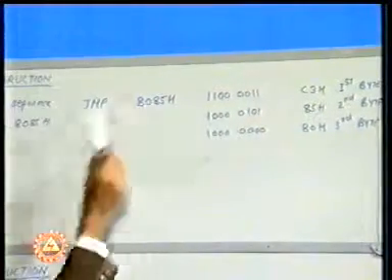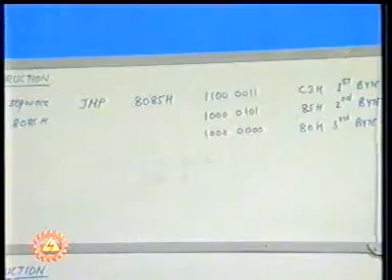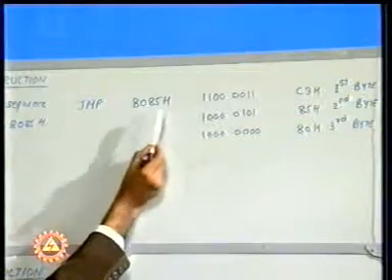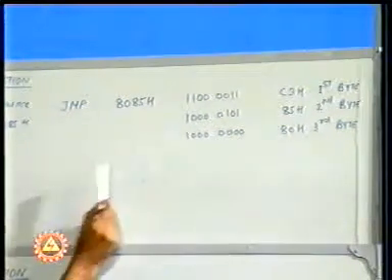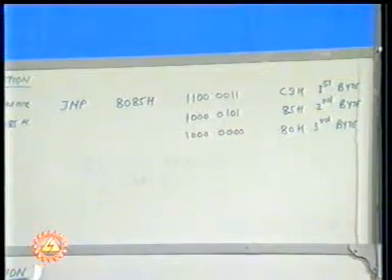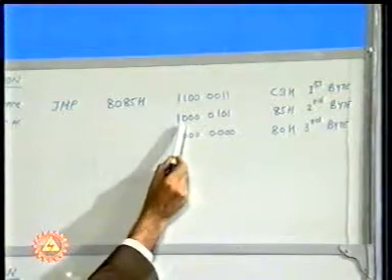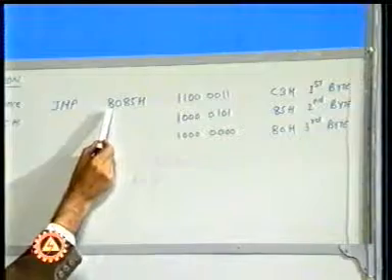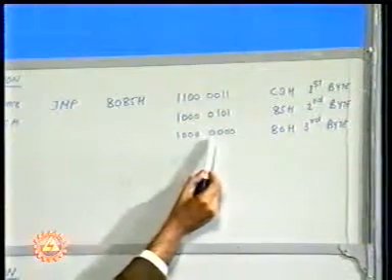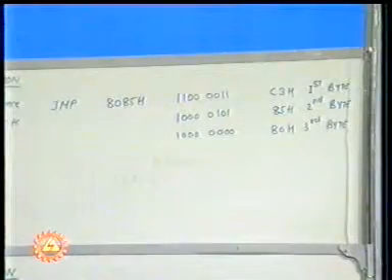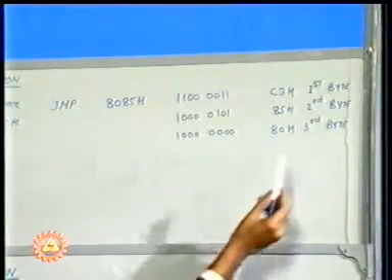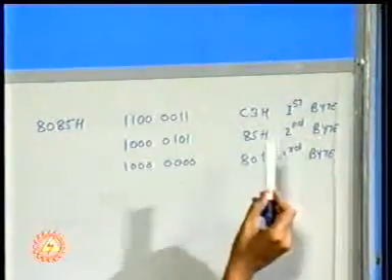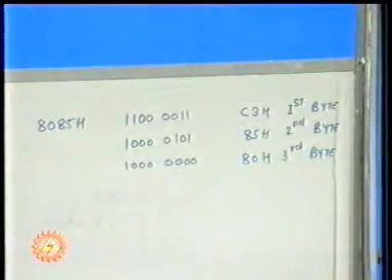Then we have the 16-bit address which needs to be specified here. One important thing to be remembered here is that the lower byte of the address is to be written in the second byte, and the upper byte of the address is to be written in the third byte. So corresponding to the lower byte, that is 85, we have got 10000101. The hexadecimal equivalent for the same is 85H. And for 80, the binary equivalent is 1000 0000, which I have written here as 80H. So the first byte would always correspond to the opcode, second would correspond to the lower address, and the third would correspond to the upper byte of the address.